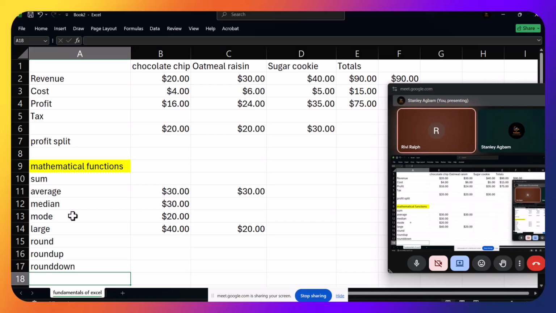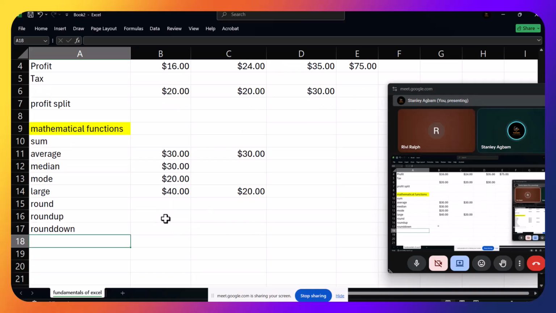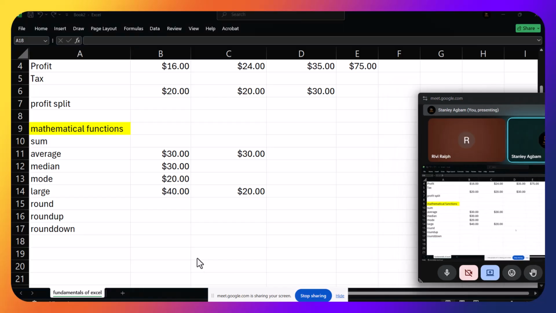Let's say we have 7.2, it doesn't matter actually, it's 9.8. Let's say we have 125.678. All right, and we want to use the round up and round down function